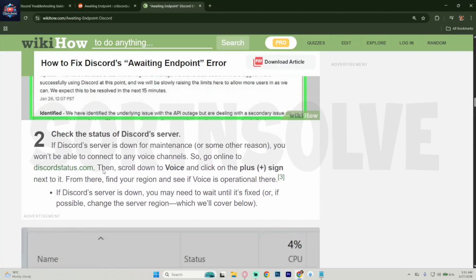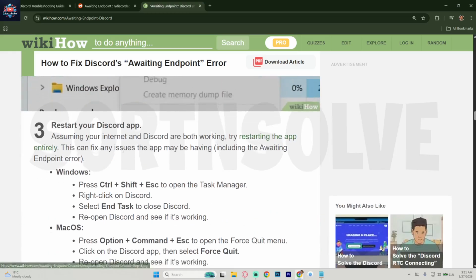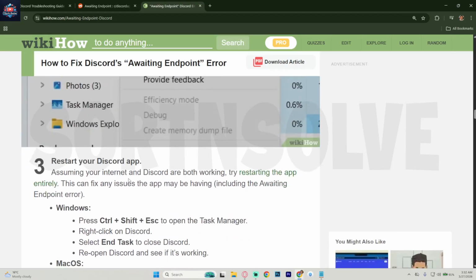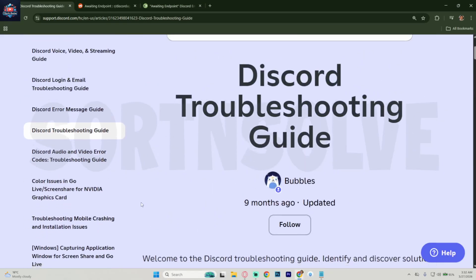join a voice channel. You should also disable any VPN temporarily, as it can interfere with Discord connections. Finally, check Discord server status online, because sometimes the issue is on their side and you just need to wait